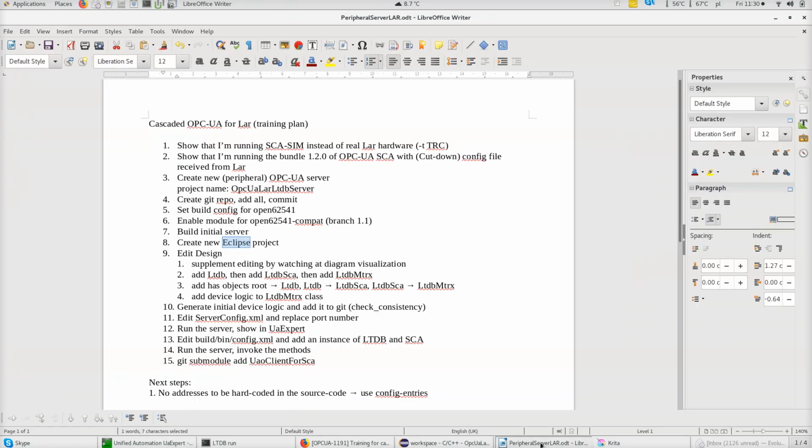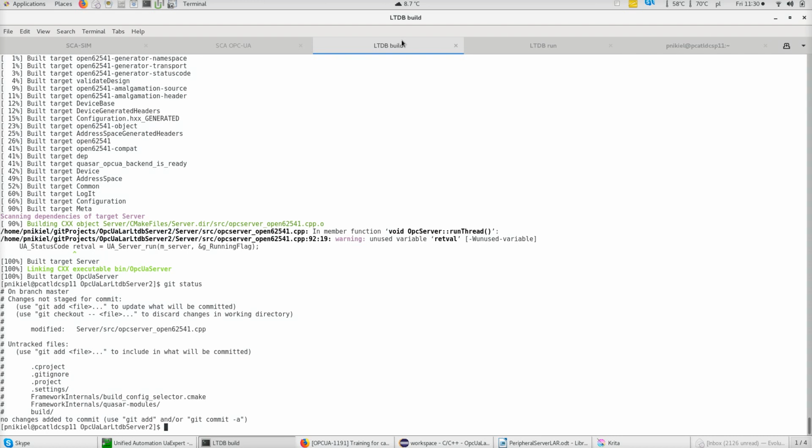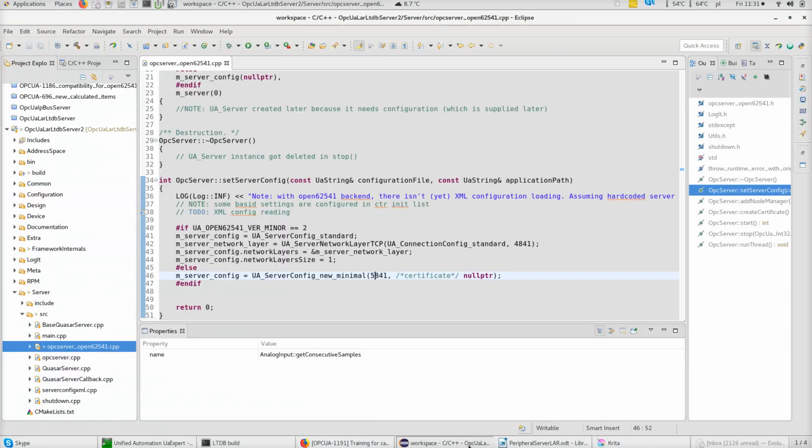What would be the next step then? Well, before I start working on design, I think I should actually commit some changes here, you know, with the port number and everything. So git commit, port number adapted or something, right? Okay. Right. So now I'm gonna move from here to designing